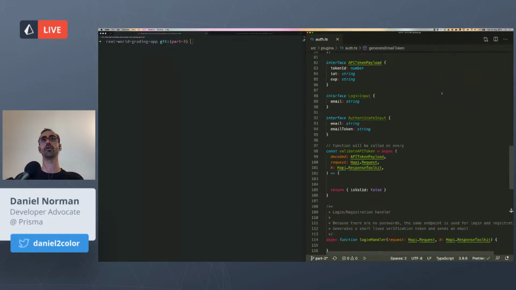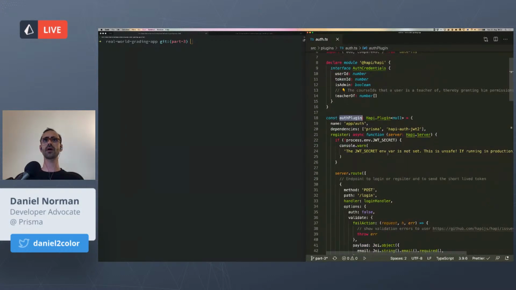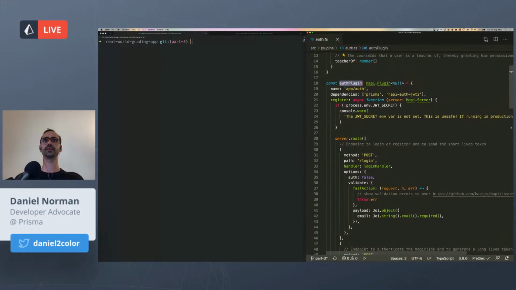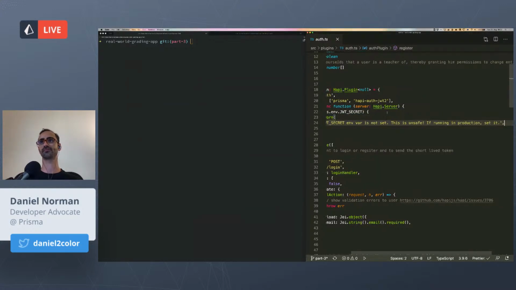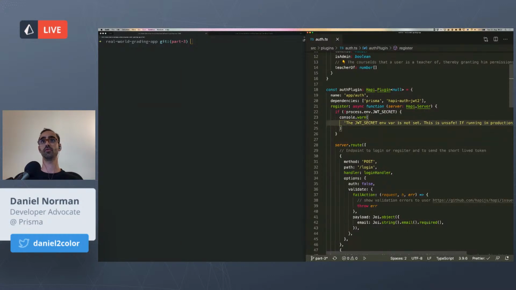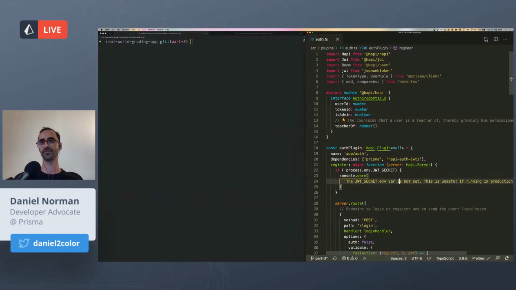To start, I have already gone ahead and created here an auth plugin, and we will get to this part in a moment. The important part, and this isn't fully implemented, is that it relies on Prisma, because we need to access the database in this plugin. We also rely on hapi-auth-jwt2. Here we actually check that the JWT secret has been set, because this is really important. As you will see, the JWT secret reads from the environment variable, and if that doesn't exist, it'll default to something, which is why we just warn in the console rather than abort